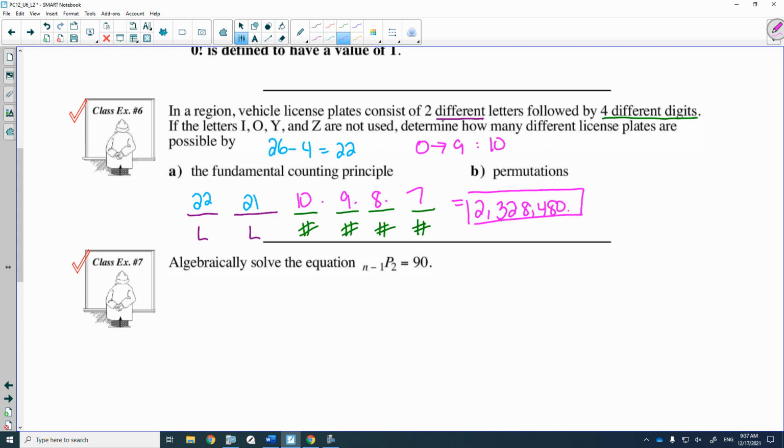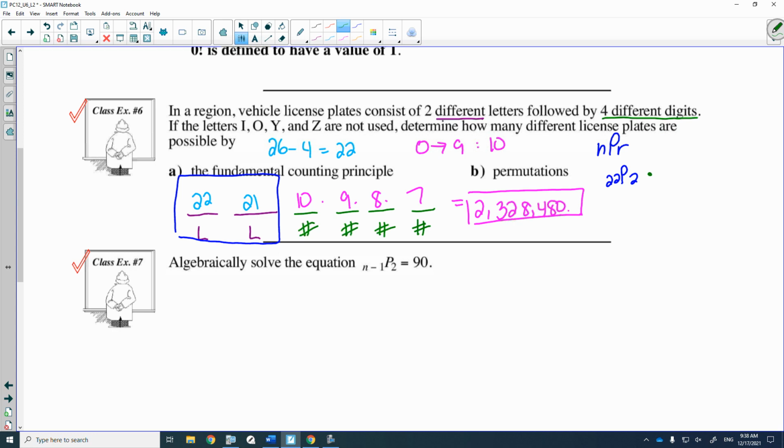Anytime we could illustrate something using the fundamental counting principle, we could also write that as a permutation. So how I could show this as a permutation would be as follows. First, I need to take care of the letters. Okay, so remember when you're doing n permute r, it is how many available letters you had and how many are you permuting, how many stages. So we had 22 available letters and we are permuting 2 of them. We had 2 stages. So that would be 22 permute 2